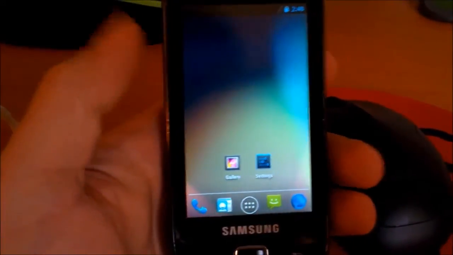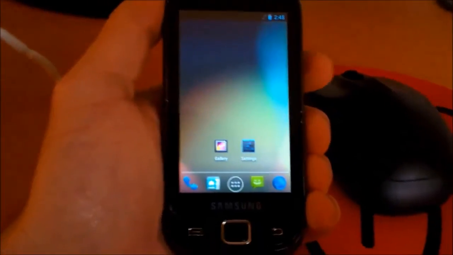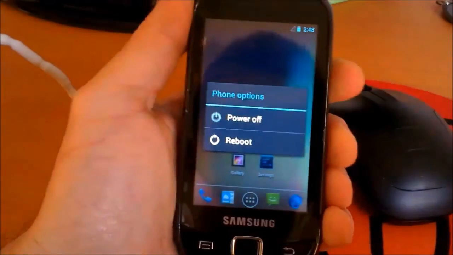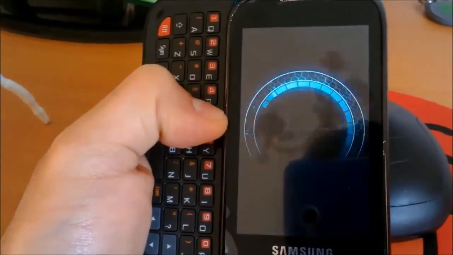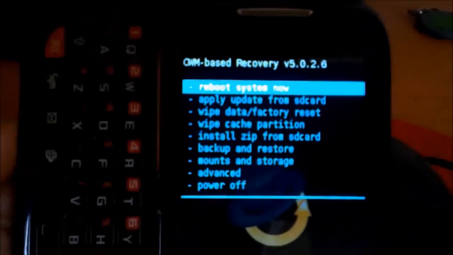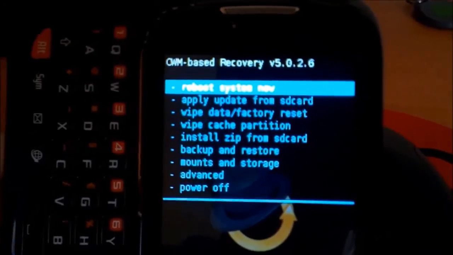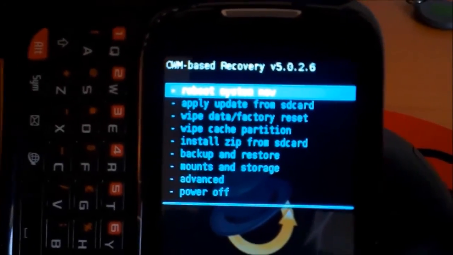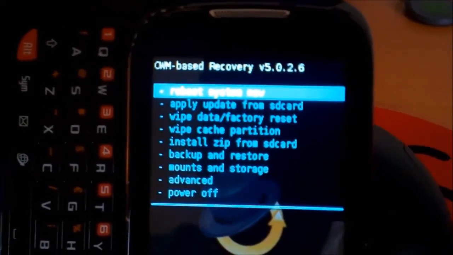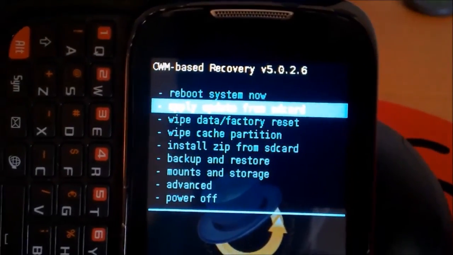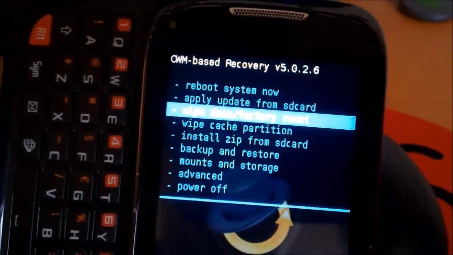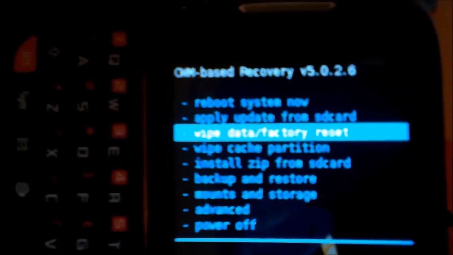So it looks nice. What I will do now is flash another custom ROM. Oh, here I am again. So here I'm again in my custom recovery. So suppose now I want to flash another custom ROM. I will need to wipe my data and cache partition again,